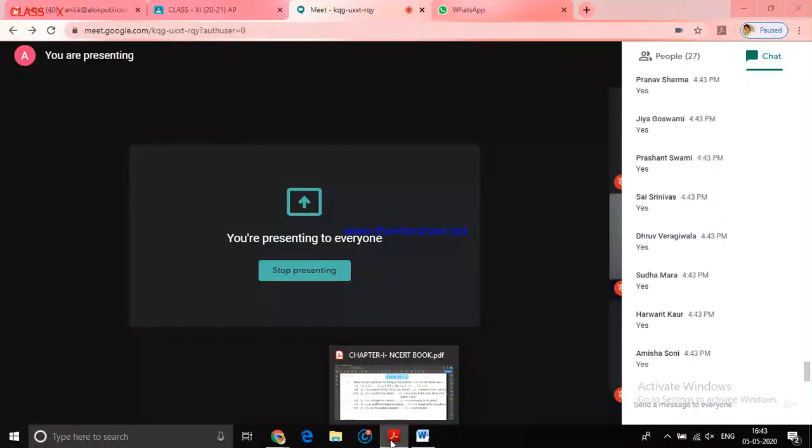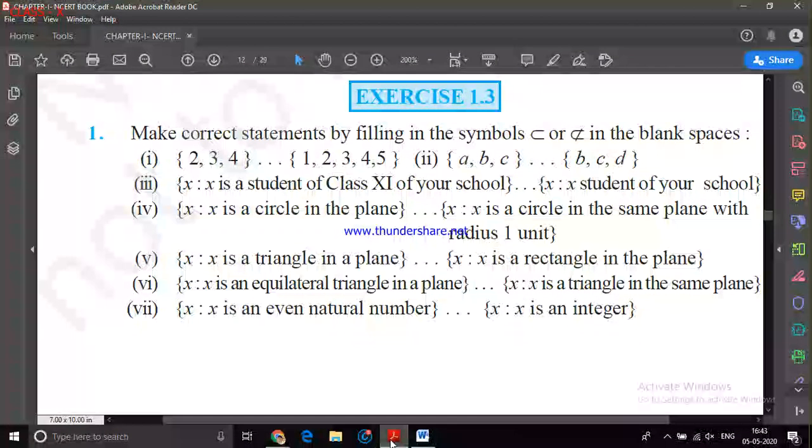I'm getting answers. Yes, equilateral triangle has to be a part of all the triangles. Now here you can say this is the universal set. For example, equilateral triangle is the particular set A I have taken. The corresponding universal set will be the set of all triangles. Not only equilateral triangle. For example, I take another set P as a set of all acute angle triangles. Then its universal set will again be the set of all the triangles.